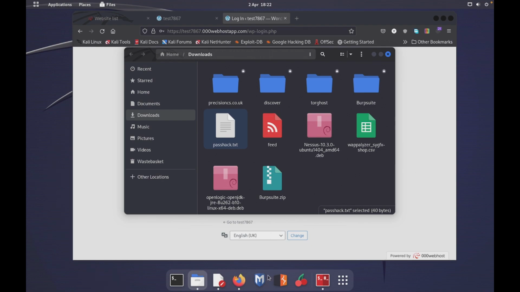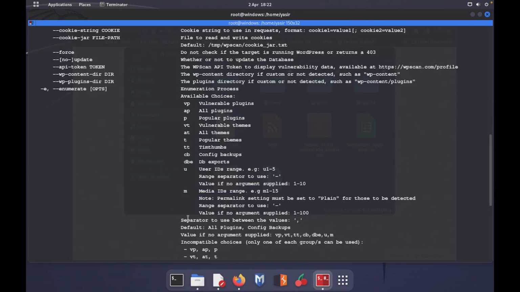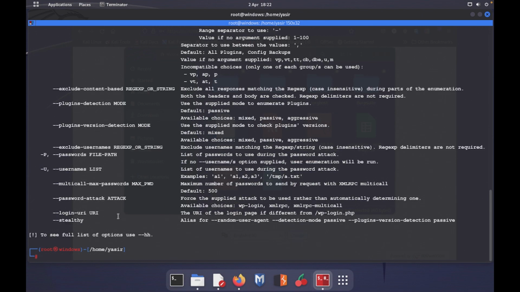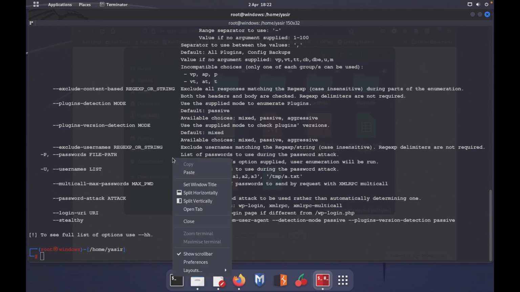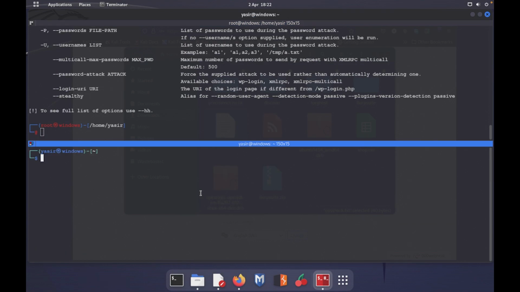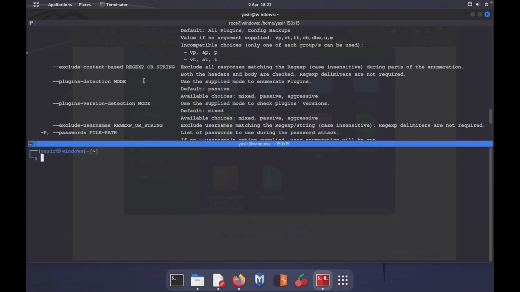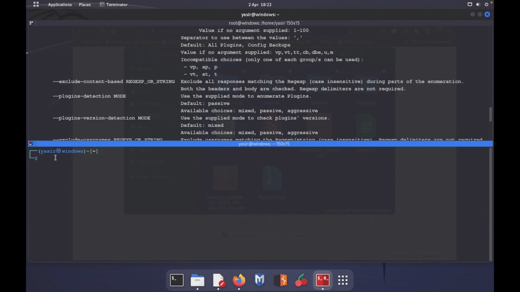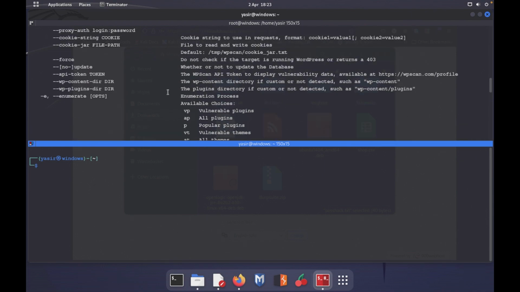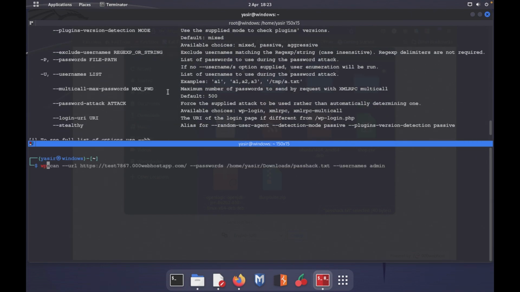So let's get back to the terminal over here, and you can see the options. Let's get started with one of the options. I am using the Terminator terminal over here, so you can split this in half like this, and by keeping these options over here, you can use each and every option. Okay, so keeping the first window intact where we can see the options, let's scan with WPScan